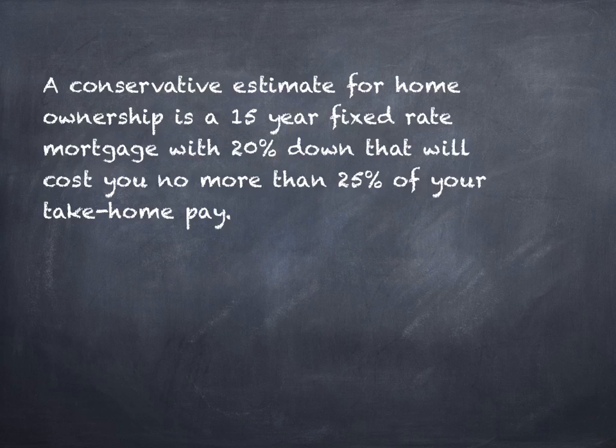So this isn't a concrete thing. It's a very idealistic thing, but it is the idea that will keep you safe, or safer, I should say. So having something that's longer than 15 years just prolongs how long you're in debt. Having something that gives you less than a 20% down payment, well, you'll see in a moment here, it means that your mortgage is not paying off very quickly, and you end up owing a lot of money potentially at the point when you might be interested in selling your property. You might end up in a fix that you didn't intend. And then we've already addressed the issue of not having more than 25% of your take-home pay.